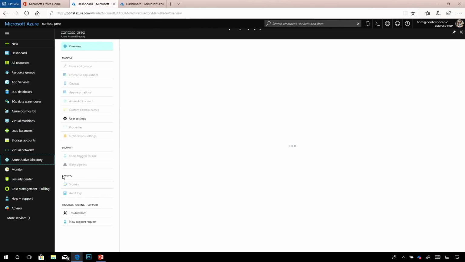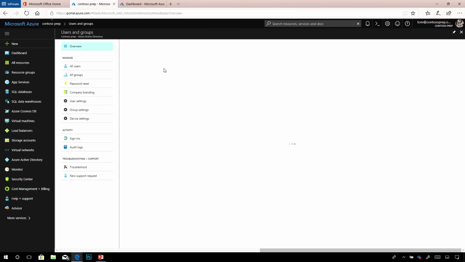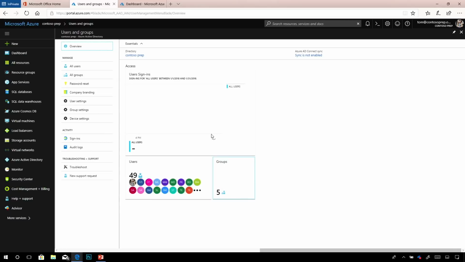On the left-hand side, you can see Azure Active Directory, and I'm going to go ahead and open that here. This Azure Active Directory identity experience powers Office 365, but also adds a ton of really advanced capabilities for identity management right from within the dashboard. First, what I want to do is just show you how that user that we just created is reflected in